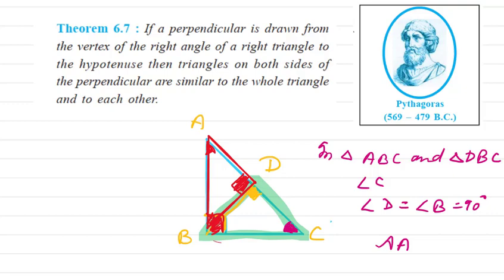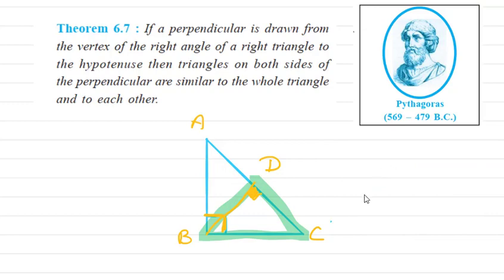And now let's talk about the smaller two triangles. Let's see, if this angle is x, then this angle will be how much? This angle will be 90 minus x. Okay, now if this is 90 minus x, this angle will be x, as this is 90 degree. So now you can see both the smaller triangles, this angle is x, here also it is x. Okay, this is 90 degree and here also this is 90 degree. So both the triangles will be similar by AA. So this way we can prove this theorem.